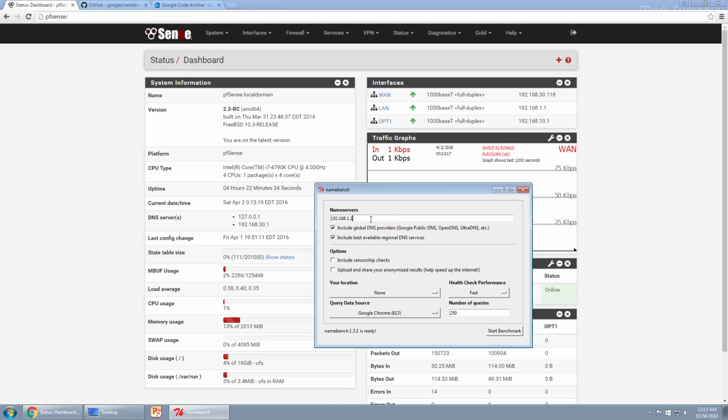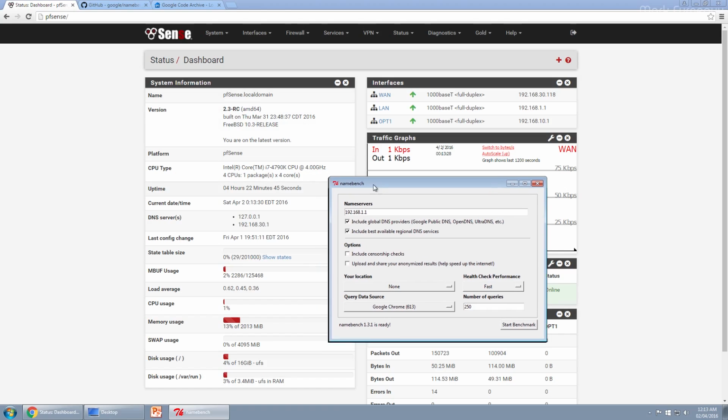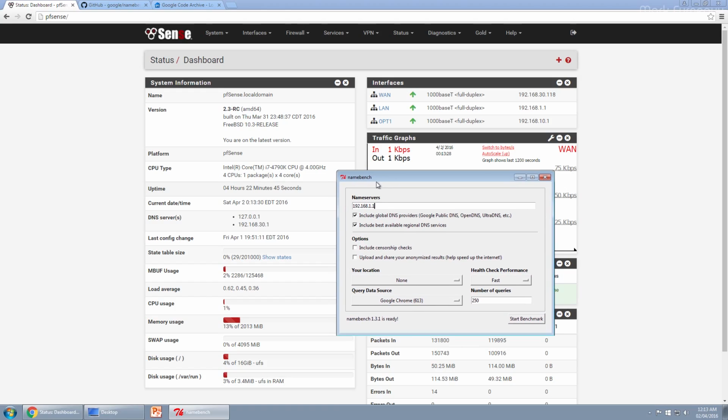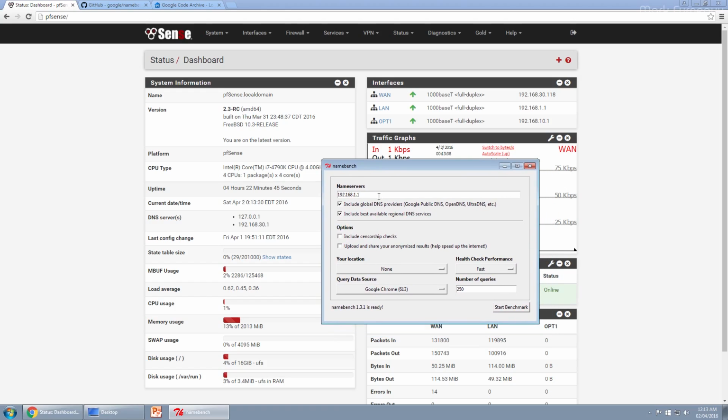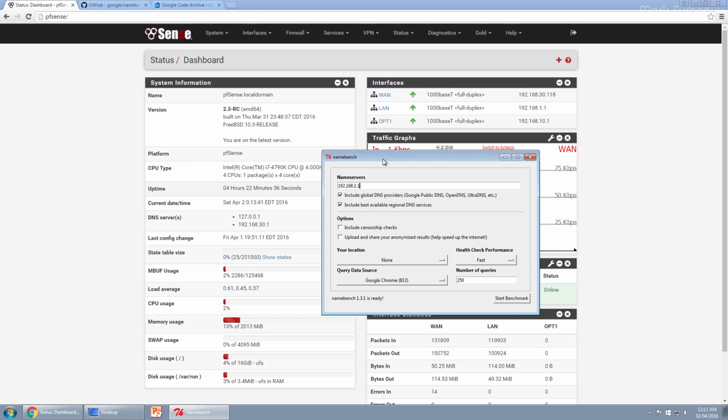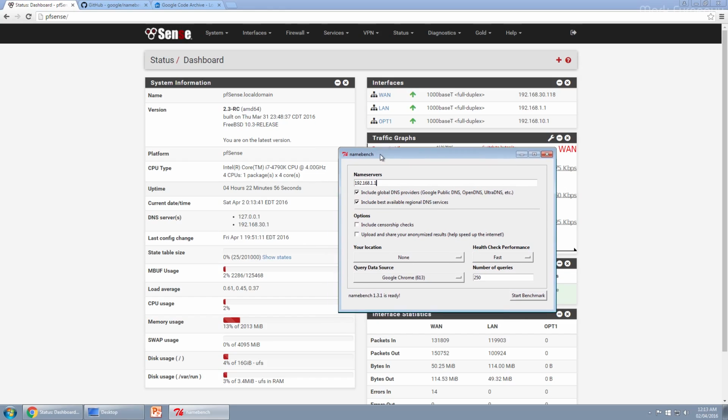This is going to be a skewed test, because this pfSense virtual machine is going to be caching my real pfSense box, which is caching real servers. So I expect some interesting results from this test. I have not run this test yet, so I'm not quite sure what's going to happen. But anyway,